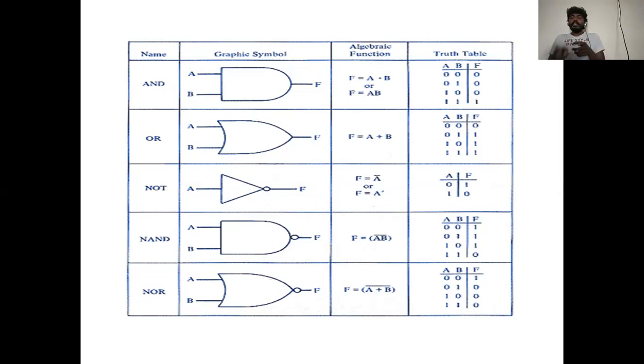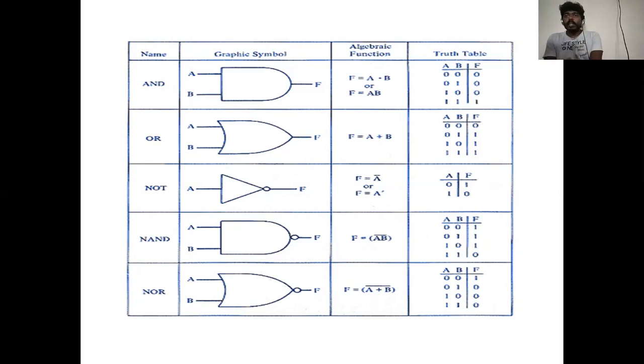Since here we have 2 inputs as n, we can represent it as 2 power 2, that is equal to 4. That 4 represents the number of possible combinations. Similarly, if you go for 3 inputs at the input side, you have 8 different possible combinations. That is 2 to the power 3, equal to 8. Totally, we have 8 different possible combinations, starting from 0 0 0 to 1 1 1, right?